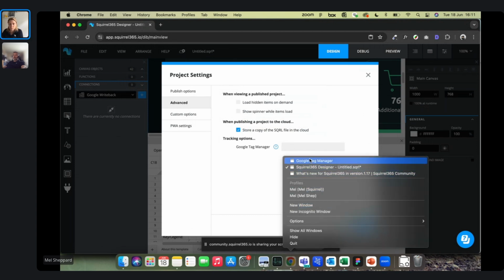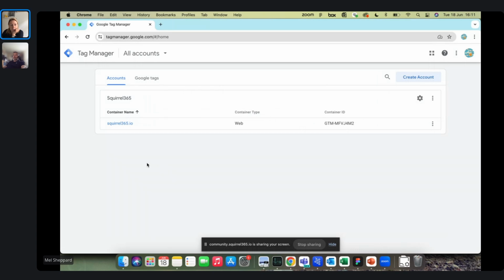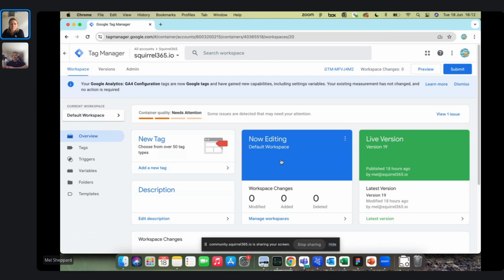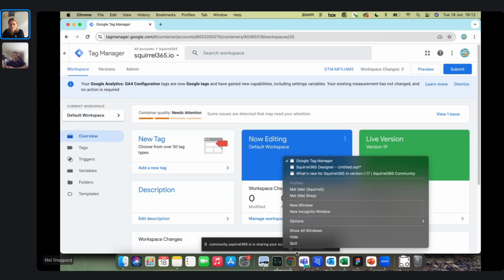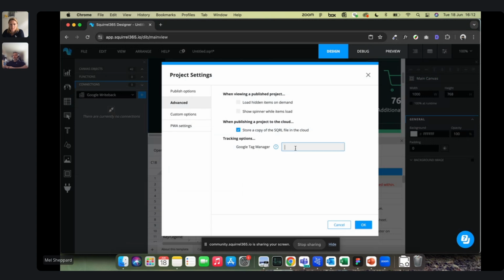I'll just show you, we'll do it with our Tag Manager and we'll test it on this project. So here's Google Tag Manager. For anyone that's not familiar with it, it's just a centralized place to manage all the tags. So this could be things like Facebook pixels or LinkedIn tags or Google Analytics tags, things that you want added to the code of the page for tracking purposes. So here it is, our container ID here. I'm going to grab this one. We want to go into this container anyway. And if I go back to Squirrel and we paste that one in there